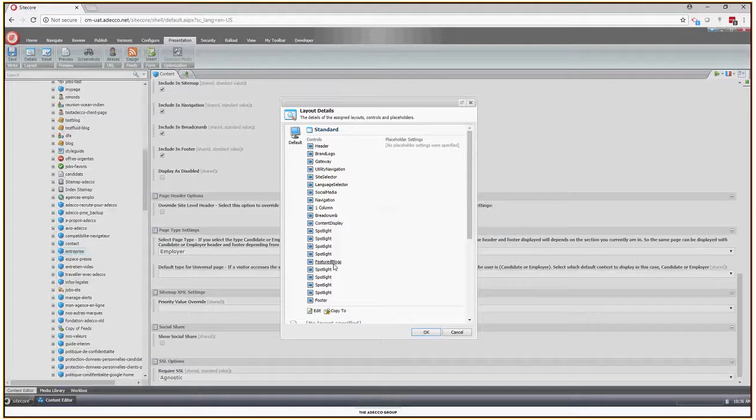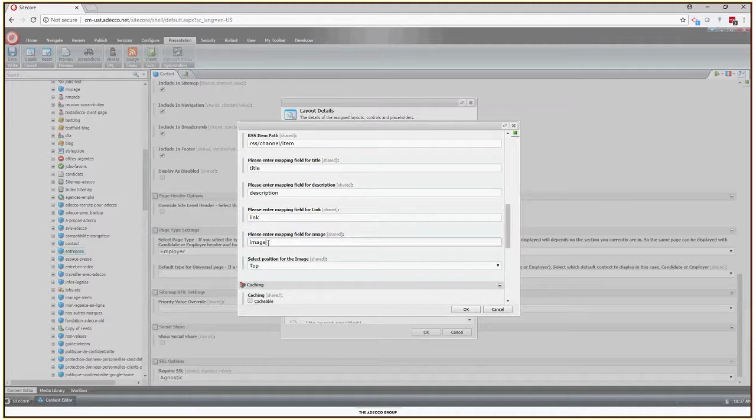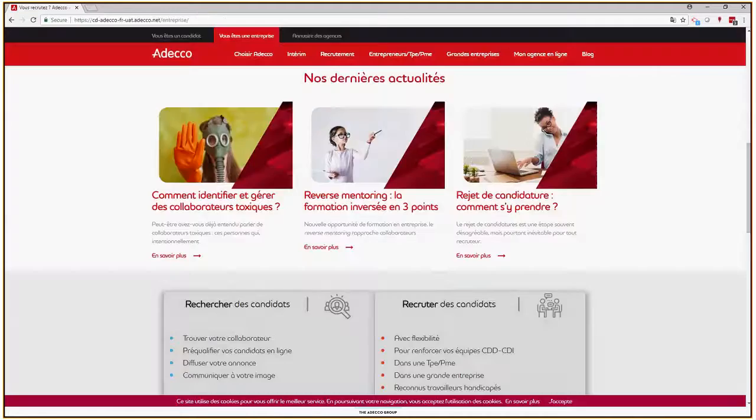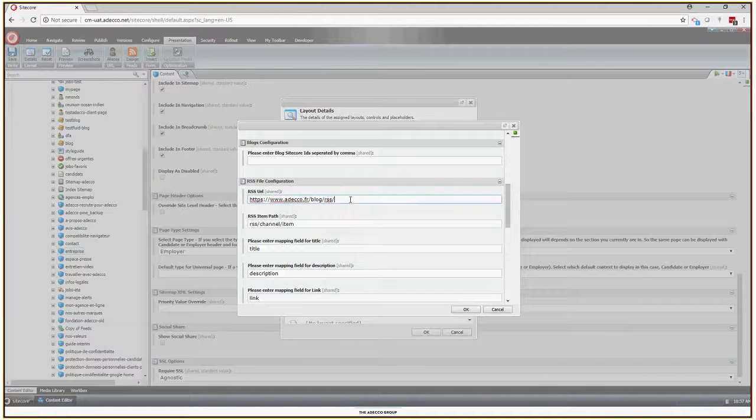So if I go on the featured blog control, here you can see we have a new mapping available called image, as well as a content manager I can define the position of the image. It could be at the top or it could be at the left. So right now I have kept it top, which is the default one, and as an impact, I have an image available. If I go into more detail, this blog is currently configured to retrieve the data from